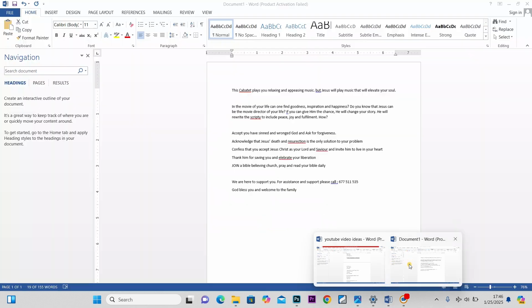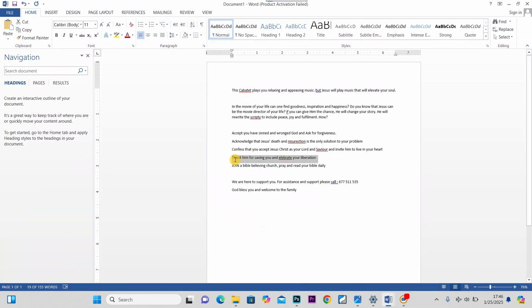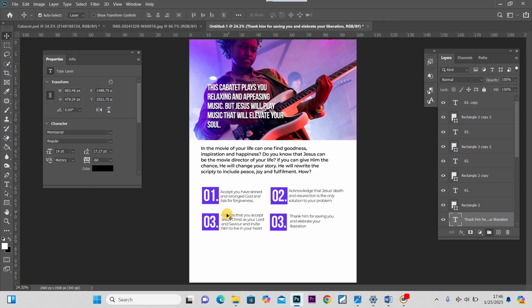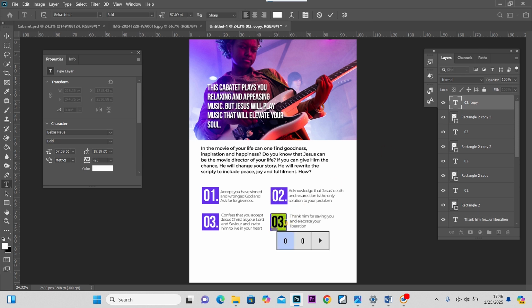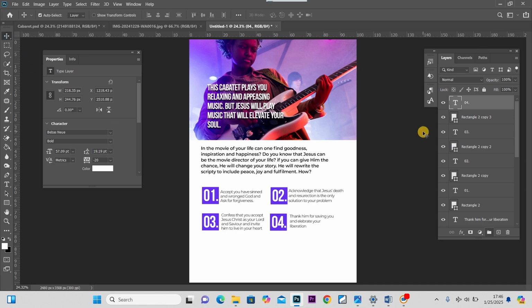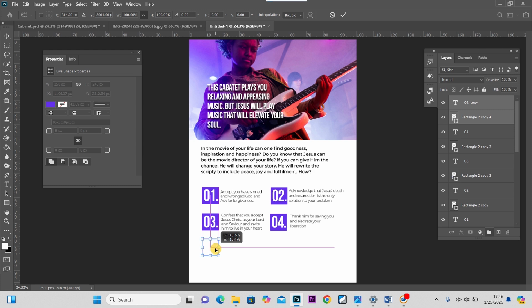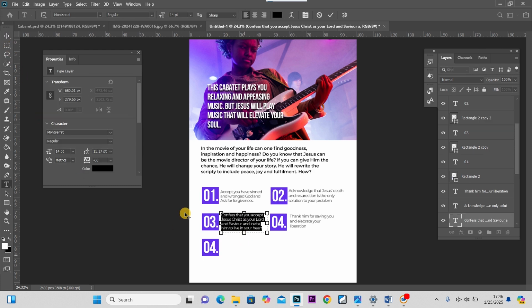Then select the next item, which is this one, Ctrl C, Ctrl V to paste, position it like that. And now I'm going to select, let me rename this one to number 4. And then I'm going to select the 2, Ctrl J, Ctrl T, position it here, select this and bring down